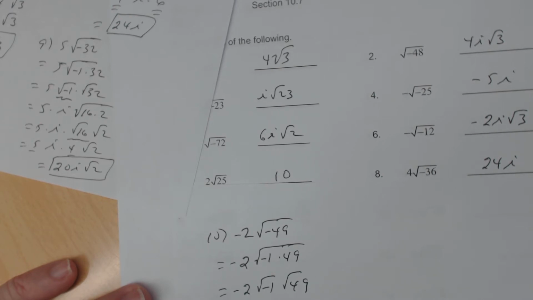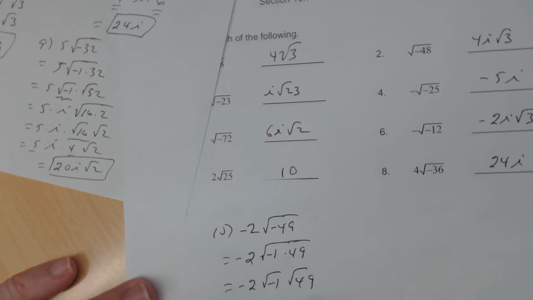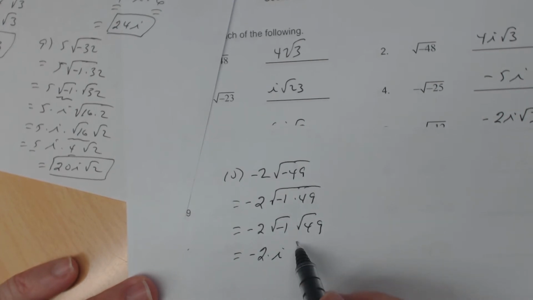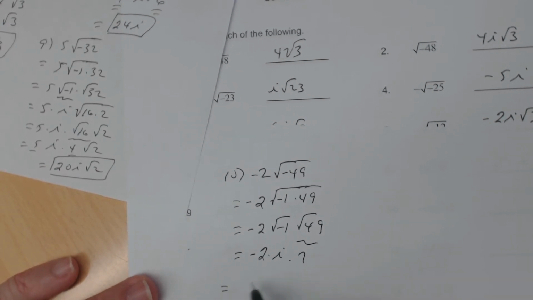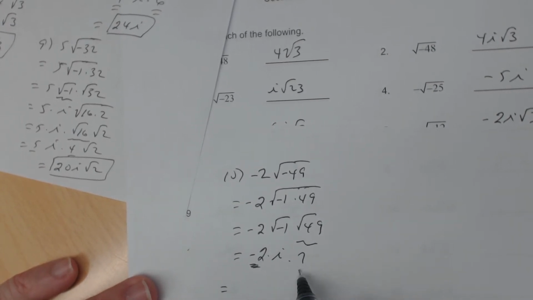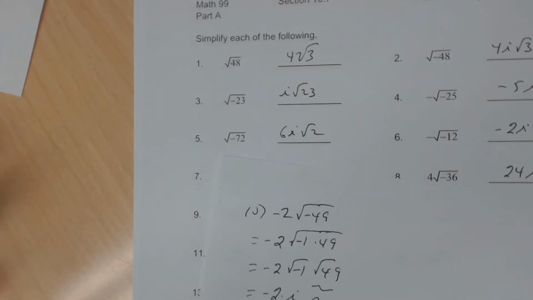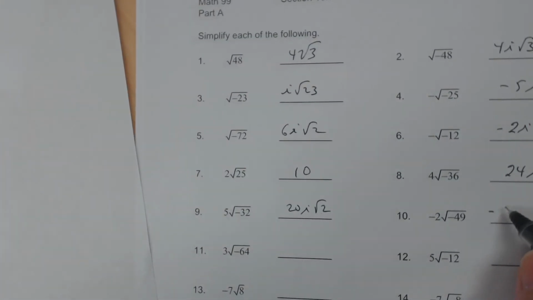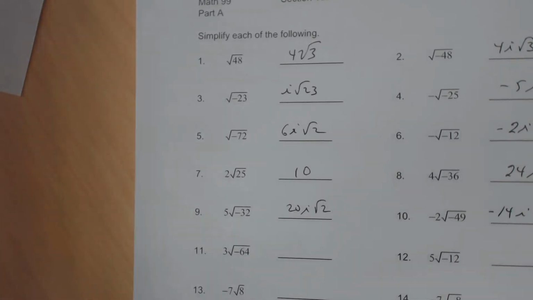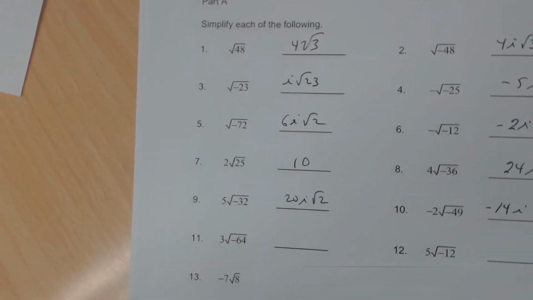So that's negative 2 times i. Square root of negative 1 is i. And then square root of 49 is 7. So this negative 2 times this 7 is a negative 14. So I get a negative 14i. So that's number 10. So number 10 is negative 14i. All right, number 11, you have